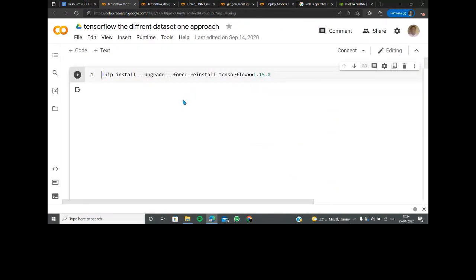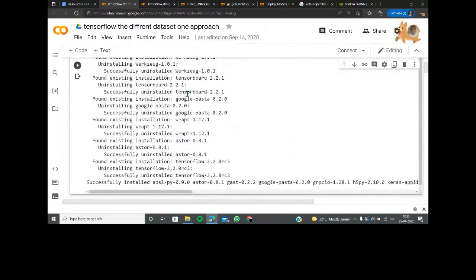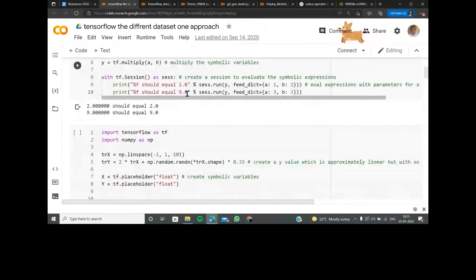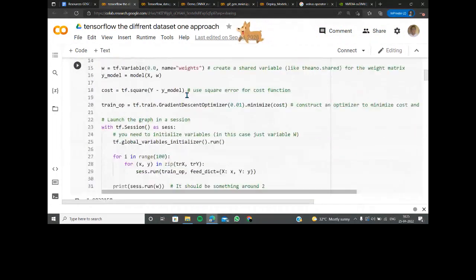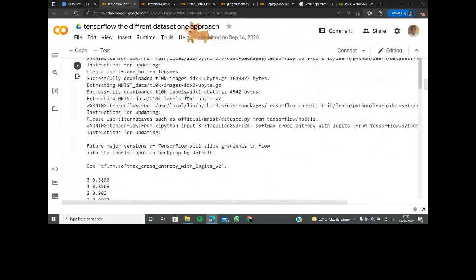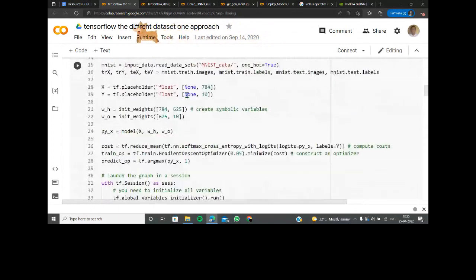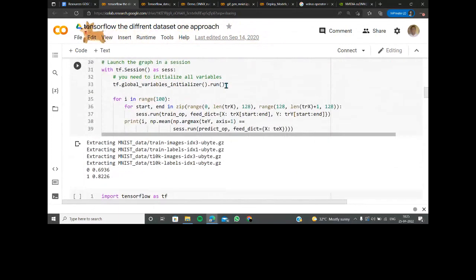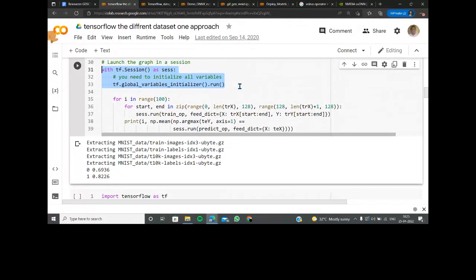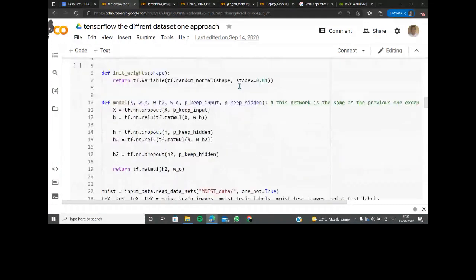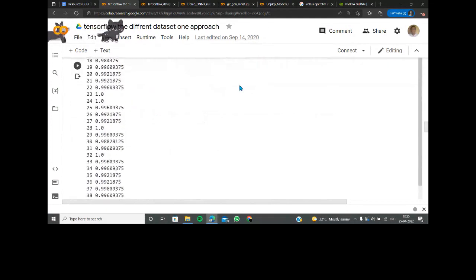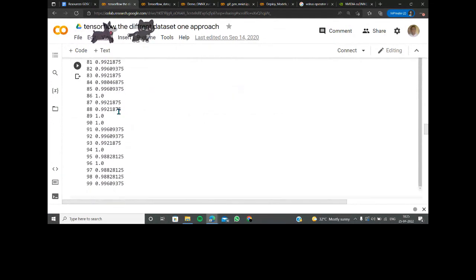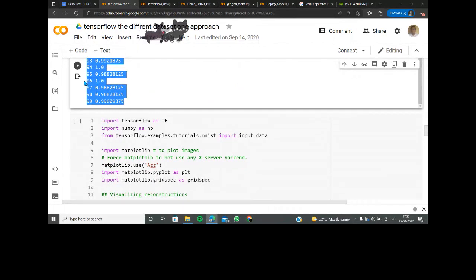And also you can look at the different approaches that I took here, and all applications are now being done. So now I'm doing a little bit of placeholders for different datasets. I'm now doing all these different things, and now it's just going to be the same old thing. Earlier we used to do sessions, but now we don't do sessions. It's all global functions that we just type in right now. And now we had the best part about it, so we all just keep doing it. The metrics keep on growing, and these are the accuracies that we are now being able to learn at every epoch.